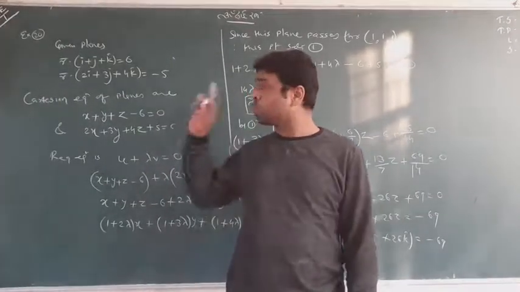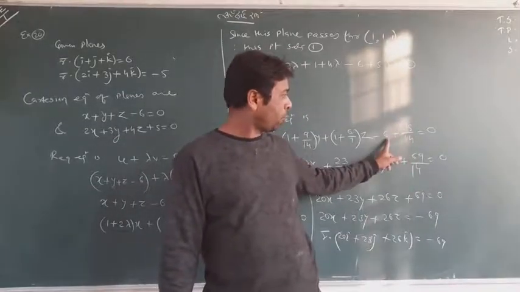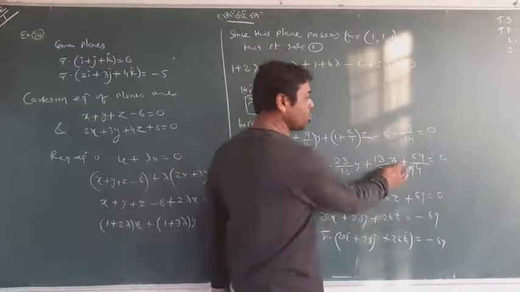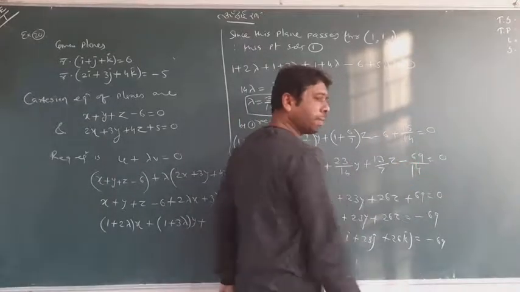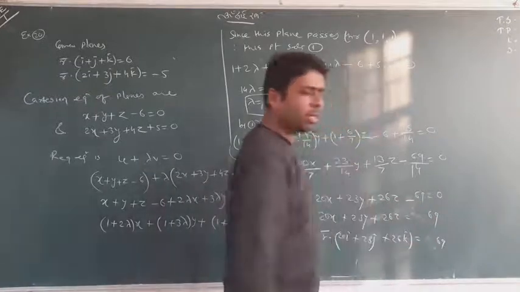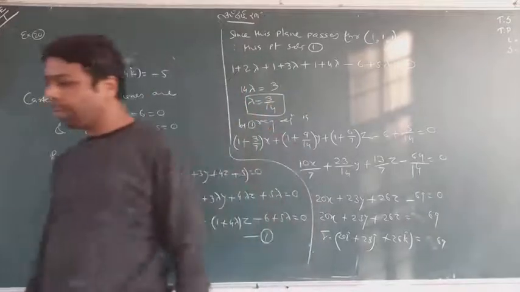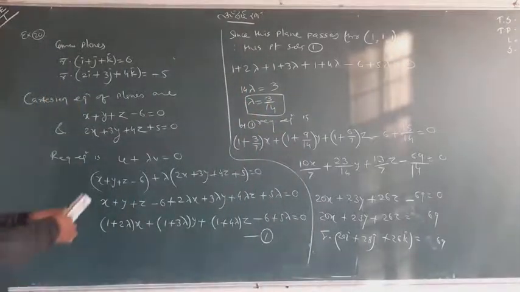Now we saw this particular concept, example number 20. By mistake it was minus 69, but I wrote plus 69. You can change the minus and plus. Don't worry, it's a simple sign mistake, but it doesn't affect your procedure. So hope you have seen this. This was a very good concept we have learned.